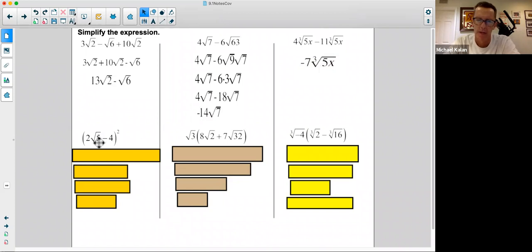All right, this one down here, we've got two terms, a binomial, right? And we've got it squared. So we're going to use our shortcut for multiplying out, right? What's the first term squared? What's 2 root 5 times 2 root 5? The 2s multiply to get you an outie of 4. The root 5 times root 5 makes 5. So we end up getting,